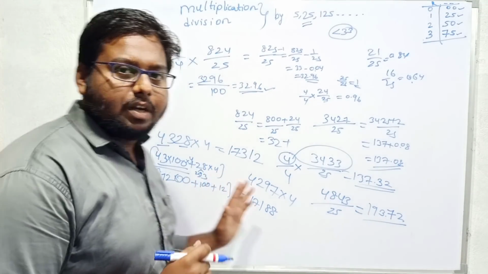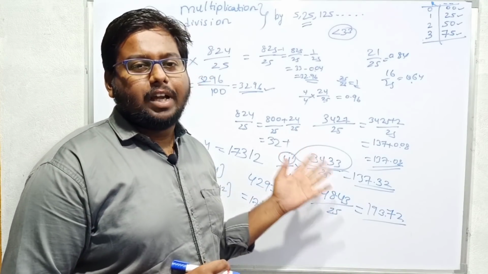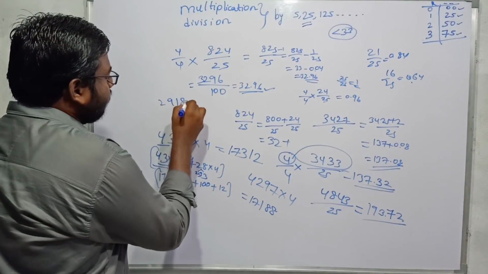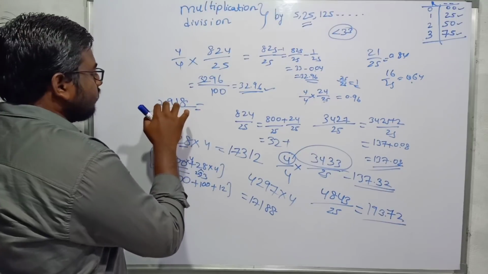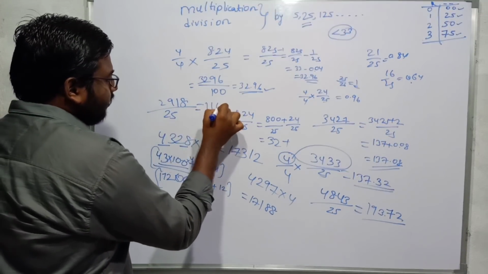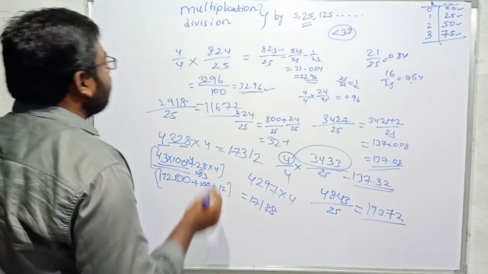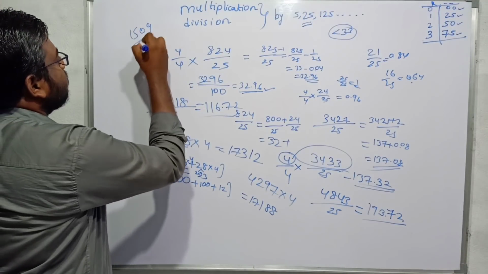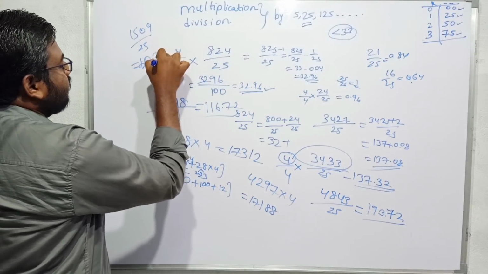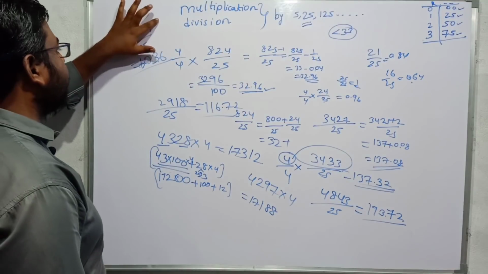For example, what is the best way to practice this? With 4-digit numbers, you can see them anywhere on bikes, cars, etc. For example, 2918 by 25. What I have to do is 29 fours is 116.72. You can calculate without touching the pen also. For example, 1509, it's a bike number which I know, and this is 60.36. You can calculate 15 fours are 60 and 9 fours are 36.